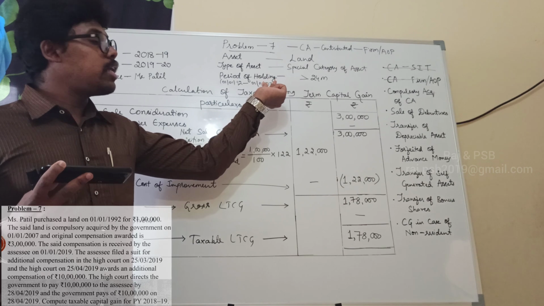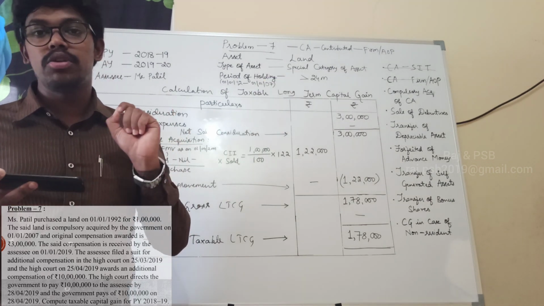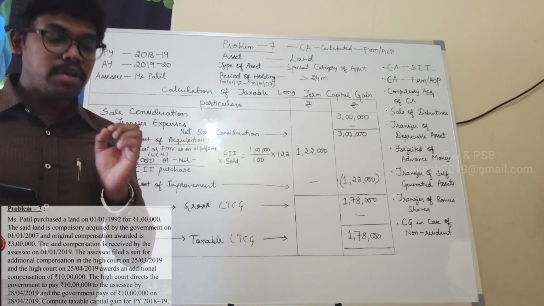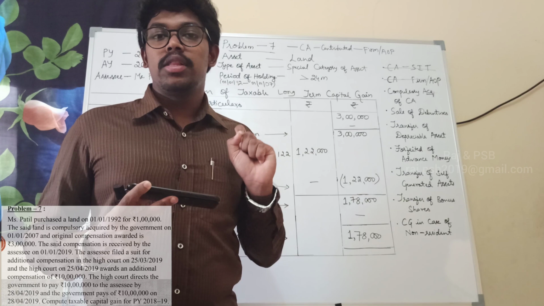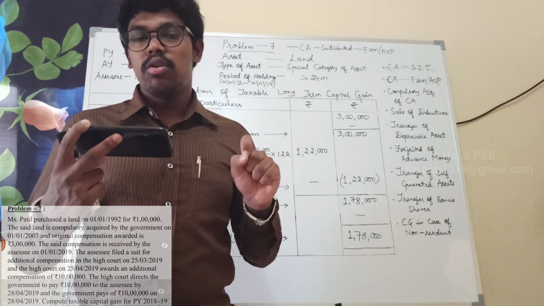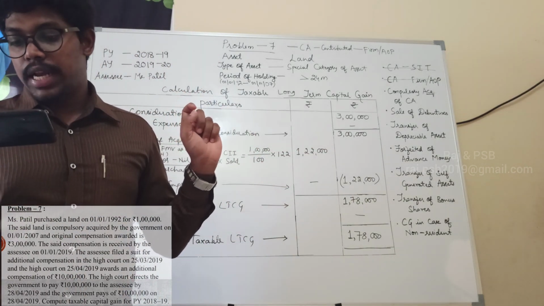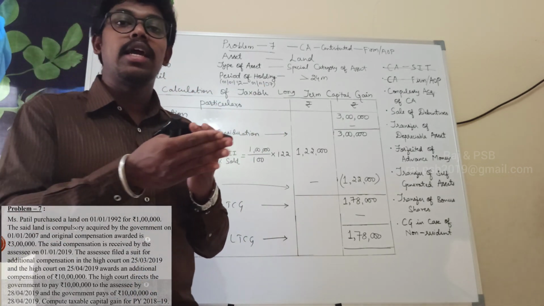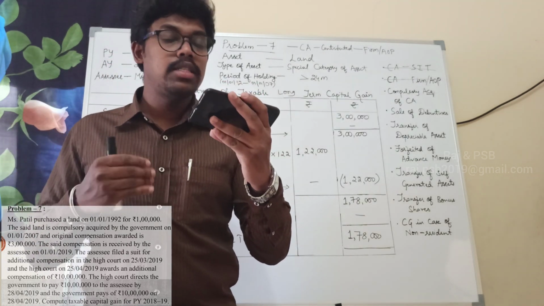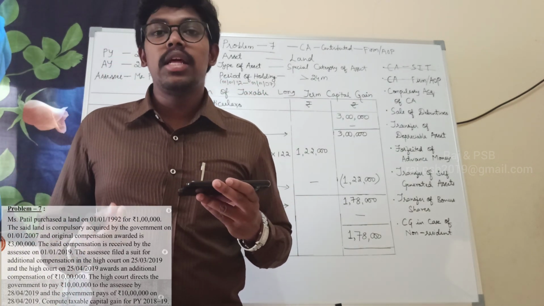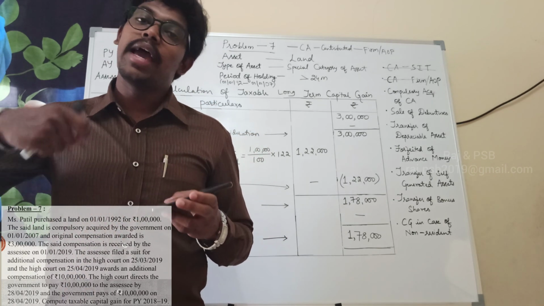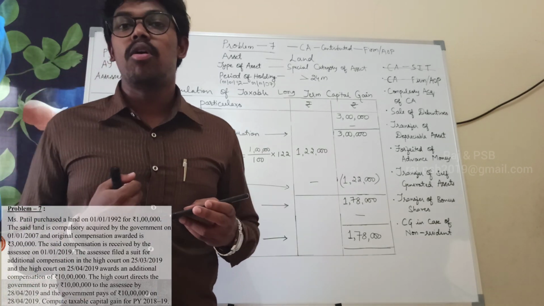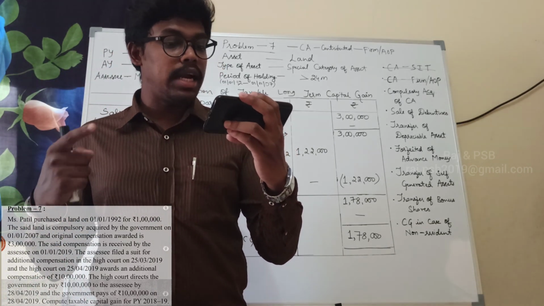Though transfer or compulsory acquisition happened in 2007, she has been given the compensation in the year 2019-20. So it is taxable in the year 2019-20, and the assessee filed a suit for additional compensation in the High Court. So this is one part, and second part is she has claimed additional compensation in the High Court, and the High Court says yes, the government should pay rupees 10 lakhs as an additional compensation, and the government pays the additional compensation in